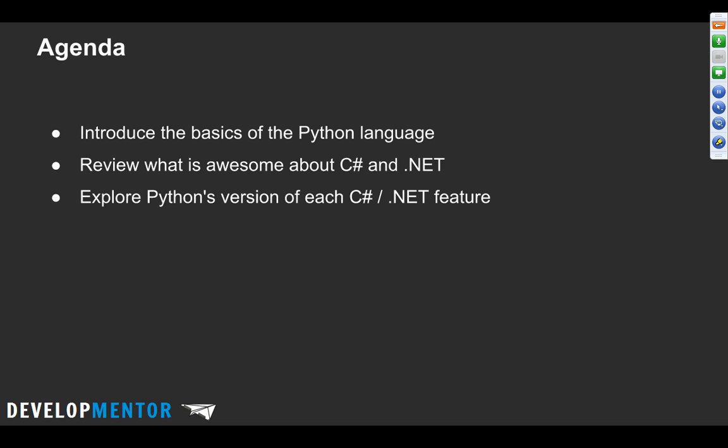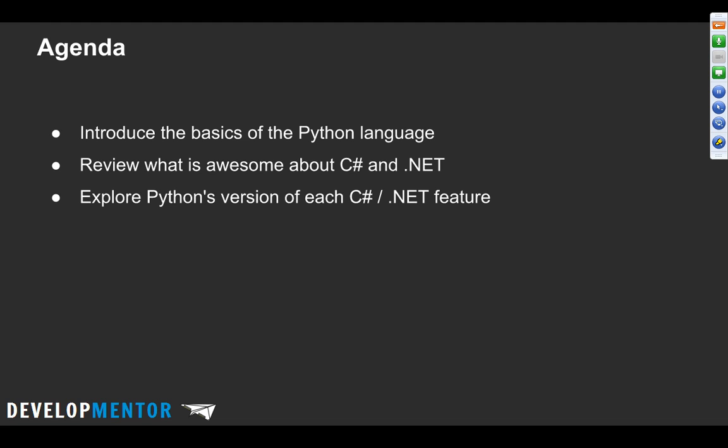Okay, so let's start that exploration, right? We're going to start out by showing you just a little 5-minute refresher about the Python language so that the rest of the conversations that we have make sense, basically. So maybe you haven't seen Python before. I'll show you a really quick little app that we can build in Python and show you just enough so when I compare and contrast that to the C# language features, you'll be like, oh, I see how this is working, right?